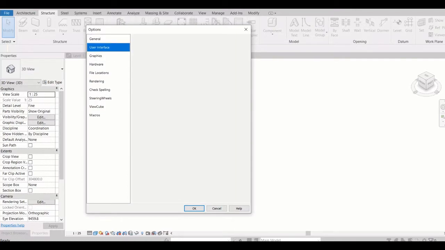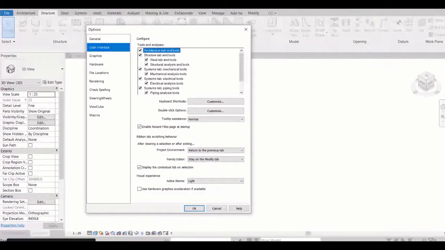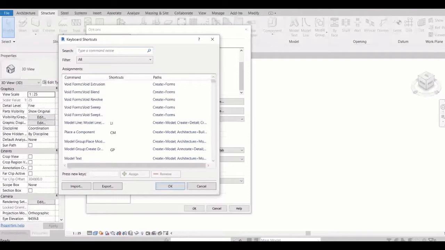Okay, then we'll go to interface. So here in interface, whatever tab you want, like suppose I'm a structural person, okay, I need a steel tab icon, I need a structural tab icon, but I don't need system mechanical, so I can turn off these mechanical system, analysis tools or other tools, so that I feel more at ease, okay, because right now it looks very cluttered. Right, so if you want, this is our keyboard customization.